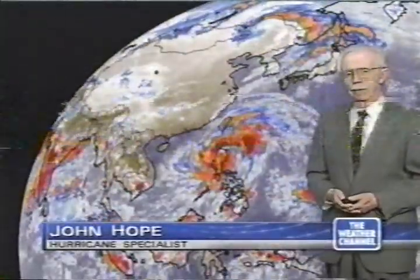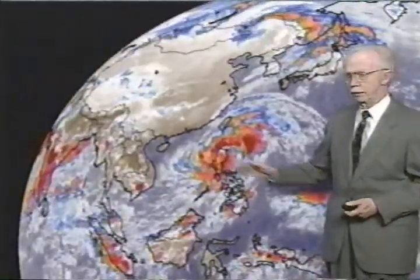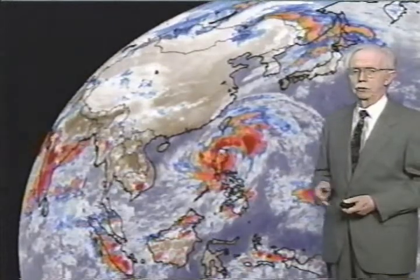Thank you, Kristen. And we're going out to the Pacific, where we've had a typhoon, a major super typhoon actually, hit Luzon in the Philippines. Now, the eye of this typhoon has been ashore for the better part of 24 hours now. It came in on the east coast, and right now the eye is exiting up on the northwest coast. Before it made landfall, the top winds were clocked at 180 miles an hour, but now, since it's been over land all this time, the winds have weakened quite a bit. They're down to about